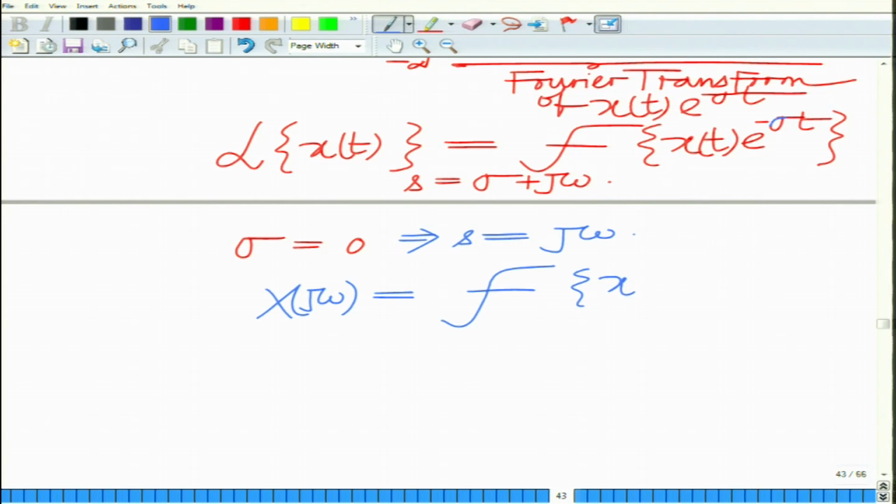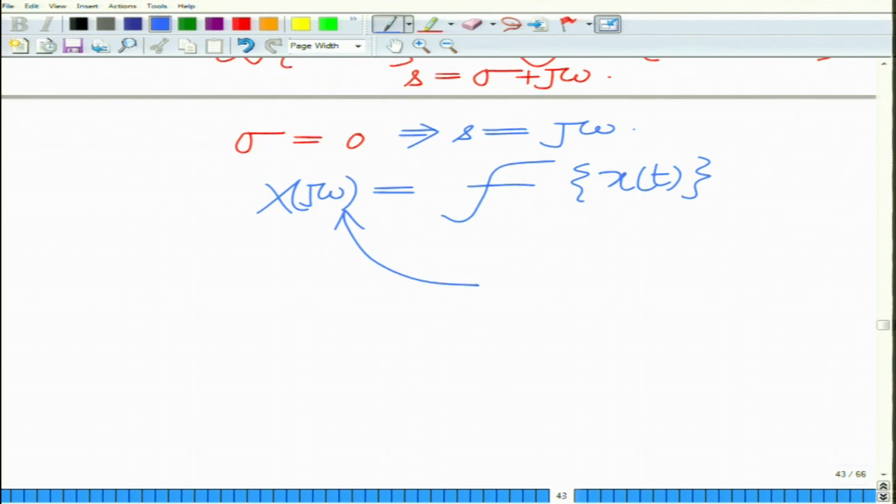So, this is nothing but the Fourier transform of x(t). So you can say that the Fourier transform